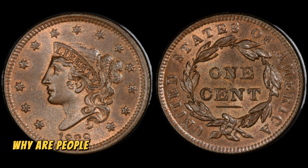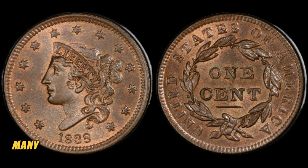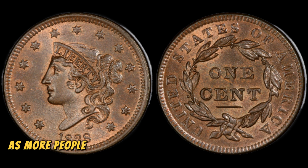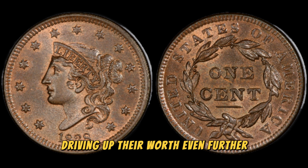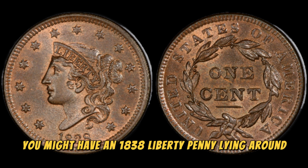So why are people willing to pay such an exorbitant price for a penny? The answer lies in the combination of rarity, demand, and investment potential. Many collectors view these coins as a safe investment, especially in uncertain economic times. As more people become aware of the value of rare coins, the competition to acquire them increases, driving up their worth even further. If you think you might have an 1838 Liberty penny lying around, you'll want to know how